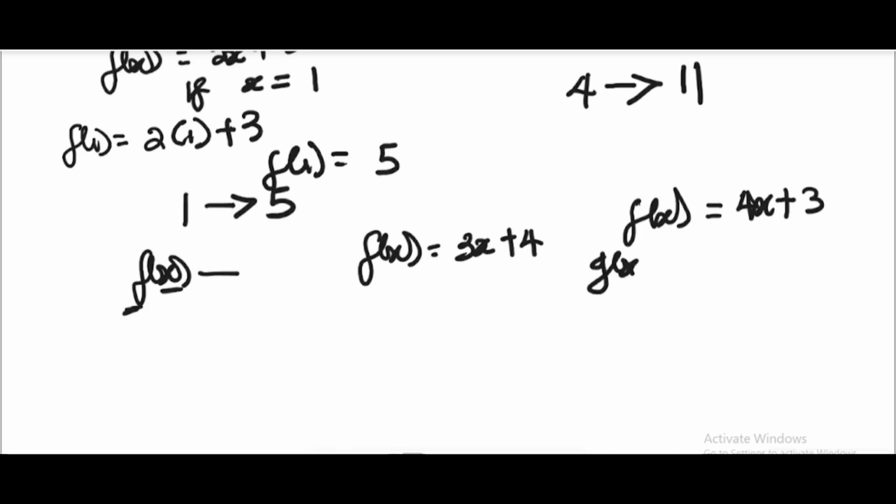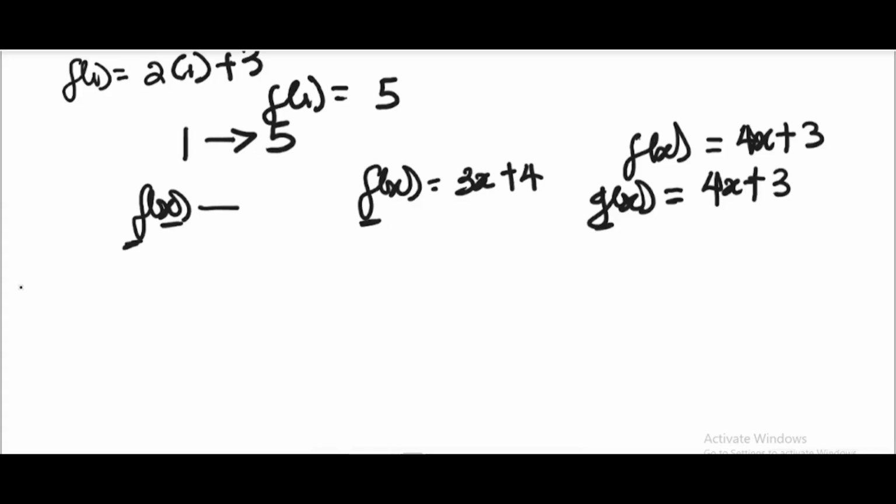g of x to be equal to 4x plus 3. Okay, so if you have two functions in a question, you can use a different letter other than f. That's why we use g. Okay, now having known that, let's look at an example